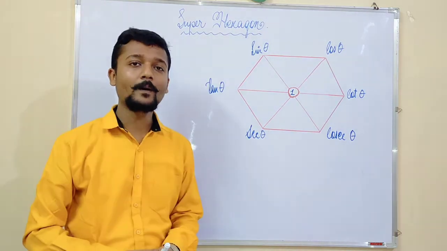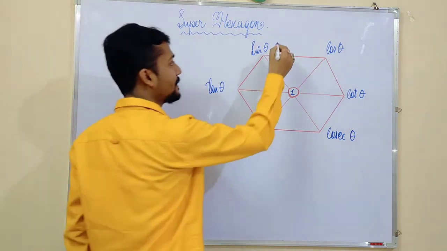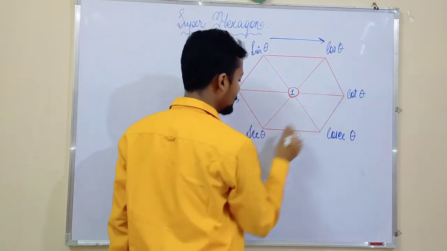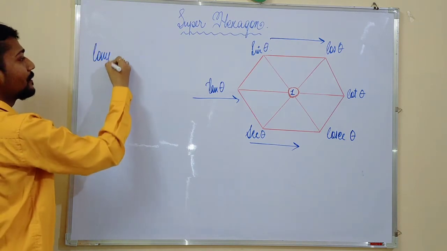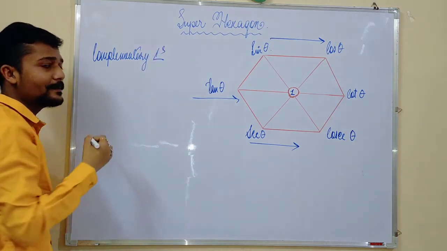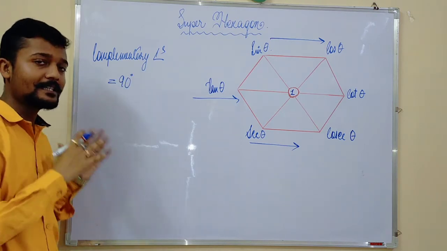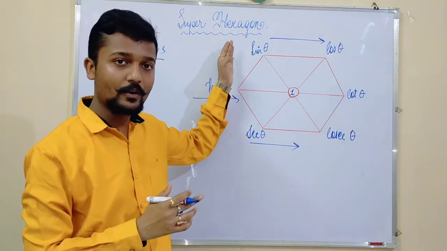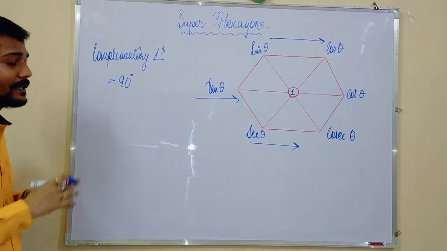Next again we will place the super hexagon and find out the rest of the things. Now we will see horizontally. This, then this, then cot, then sec to cosec. But before that, do you know what is a complementary angle? Complementary angles. That means if the sum of two angles is equal to 90 degrees, then they are complementary to each other. So here in this part, there is a relationship between the identities of the trigonometric terms along with the complementary angle. So let us try to see what is there.